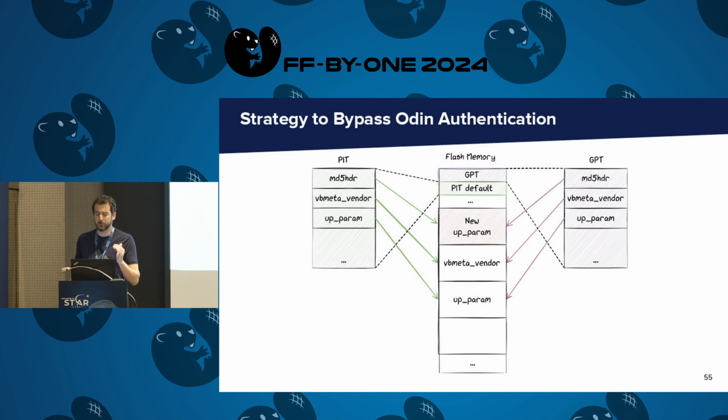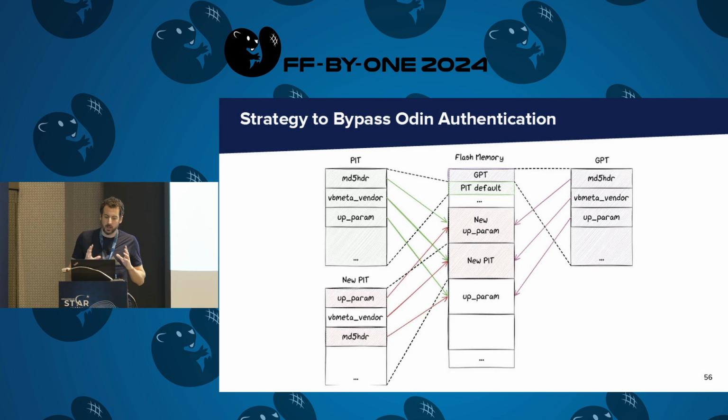The second partition, DB-meta vendor, is also flashable without authentication, and it's empty; it seems not to be used. So we will replace it with a new bit, which is a copy of the original, except that we rename MD5 HDR into param, and we do the other way around with param. And the final step is that we modify the GPT table in order to rename DB-meta vendor into bit, such that at next boot the system will not read the original bits but will read the new one,